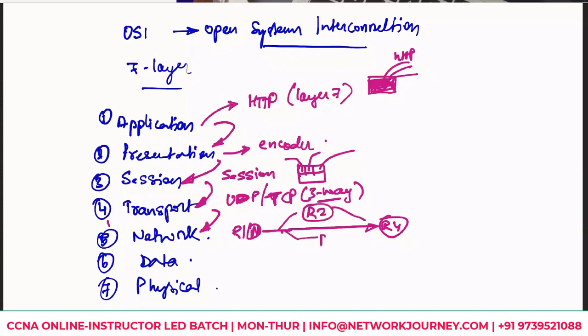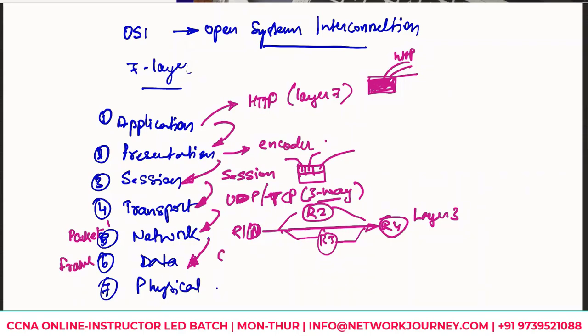So routers are considered a network component which sits in the network layer. A router is also called a layer 3 device, a layer 3 OSI device. Once that header has been added, we call this a packet. Once the packet is sent to the data link layer, which is now called a frame,